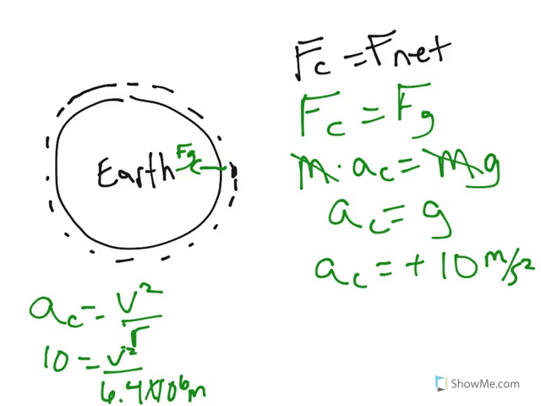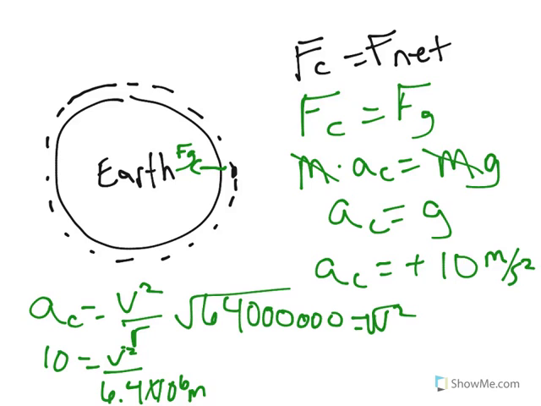So we do 10 times 6.4 times 10 to the 6th meters, and we get 64 with 6 zeros. Yes, okay. So we've got that, and that's equal to v squared. So then we square root both sides,